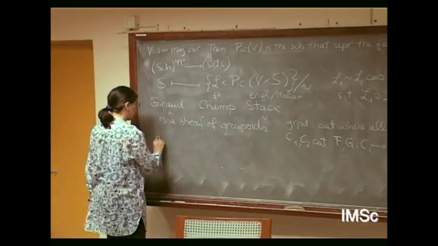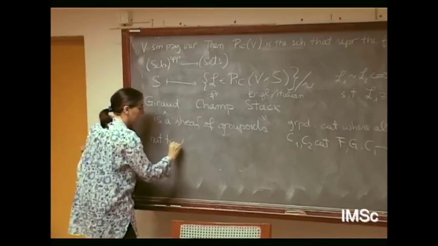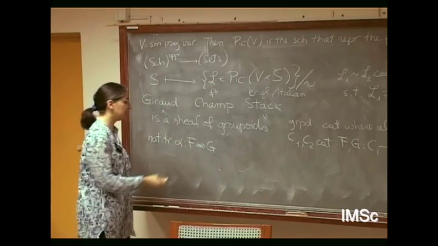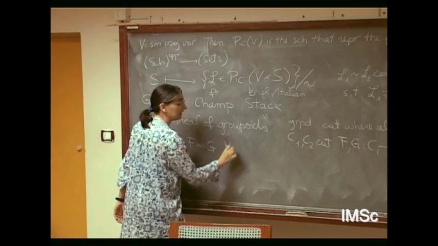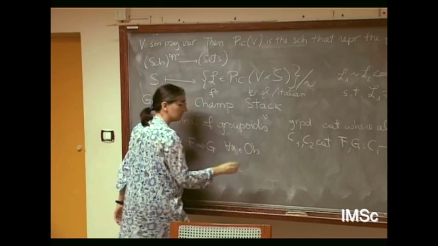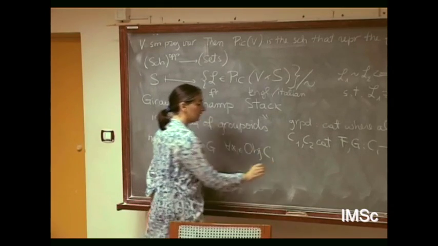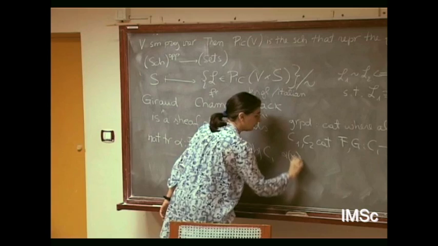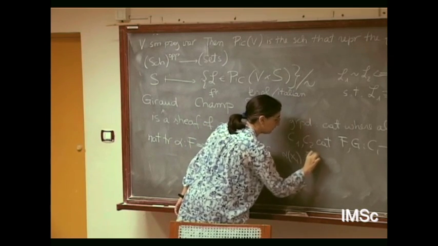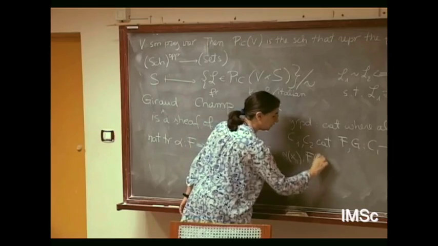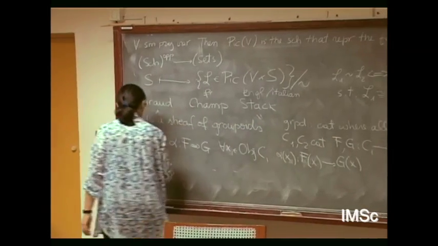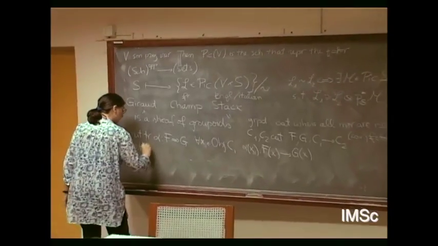Then I know that a natural transformation alpha from F to G is the datum, for every object X of C1, of a morphism from F of X to G of X, such that for every